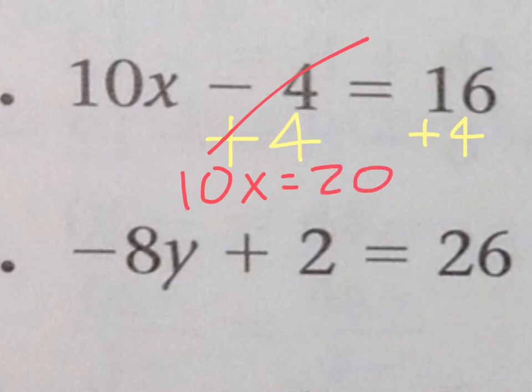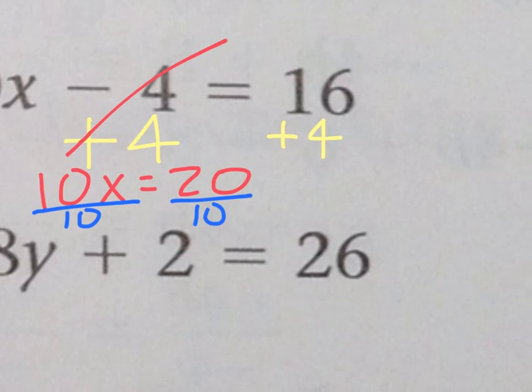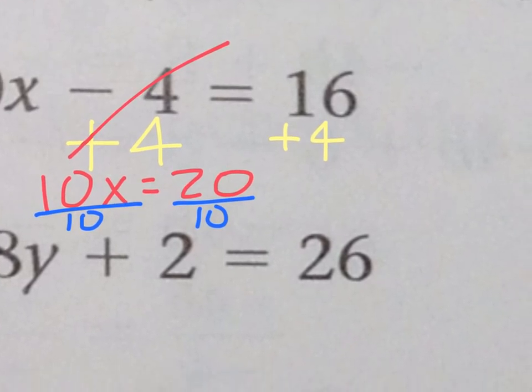I know that we're going to have to divide both sides by 10, and that ultimately x equals what? 20 divided by 10 is 2. So this is our